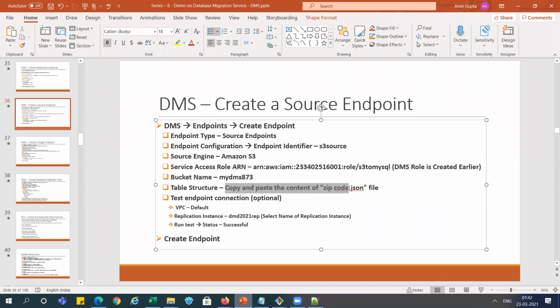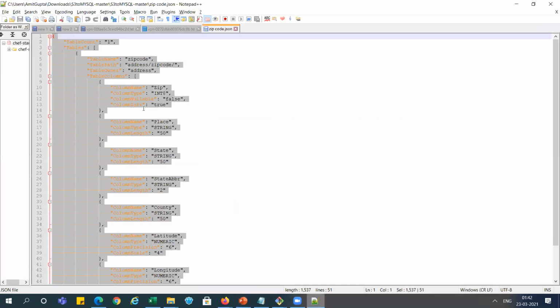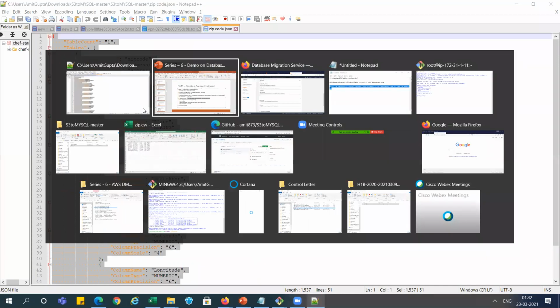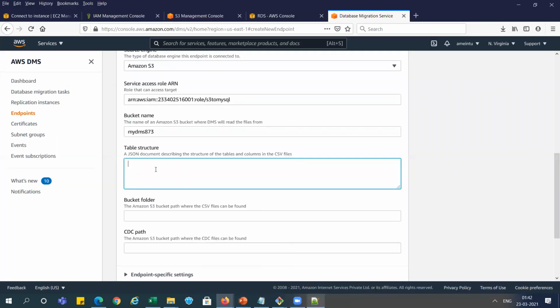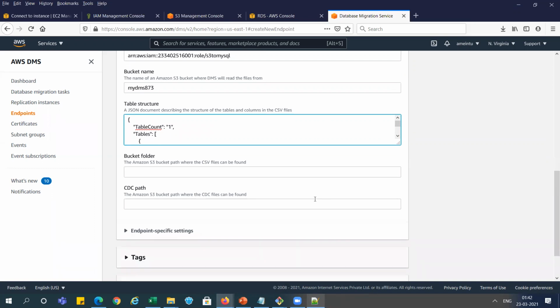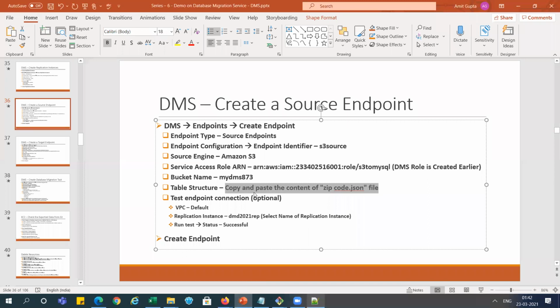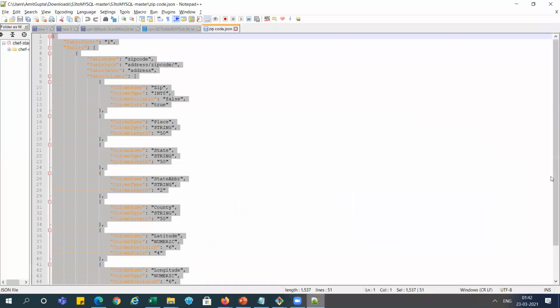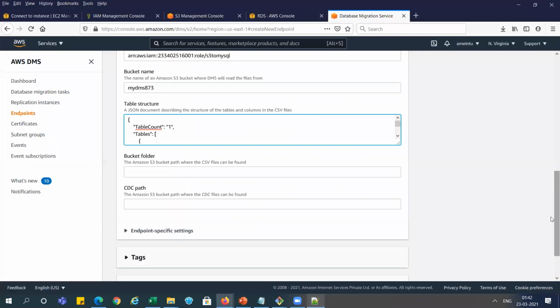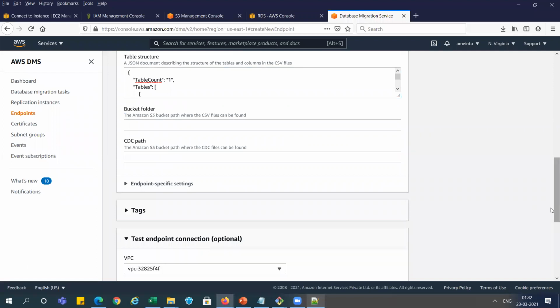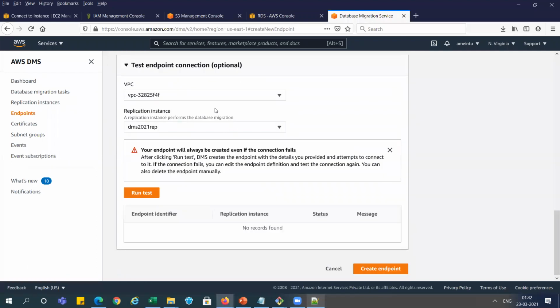For the table structure, we need to copy and paste the zipcode.json, which I have shown you. I'm copying our JSON structure into the table structure here. It is copied, you can see. This is the structure, the table which we use here. And the bucket folder is not required. Now to test the connection, we will select the default VPC,